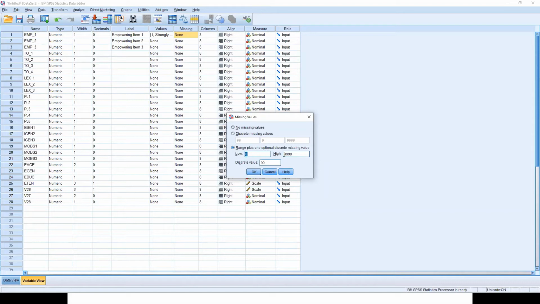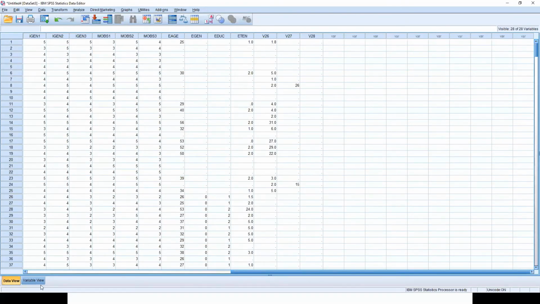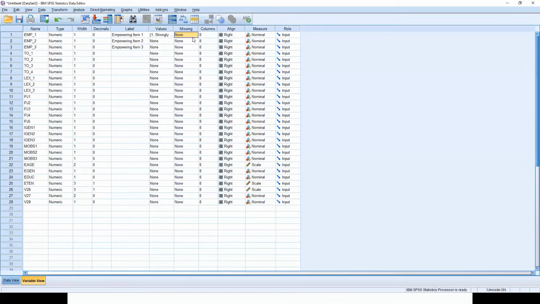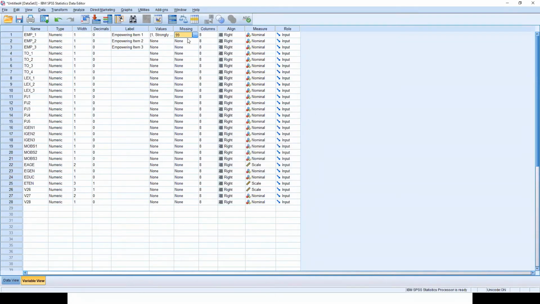So you can code these missing values, and usually I do it with discrete values, and that is how.